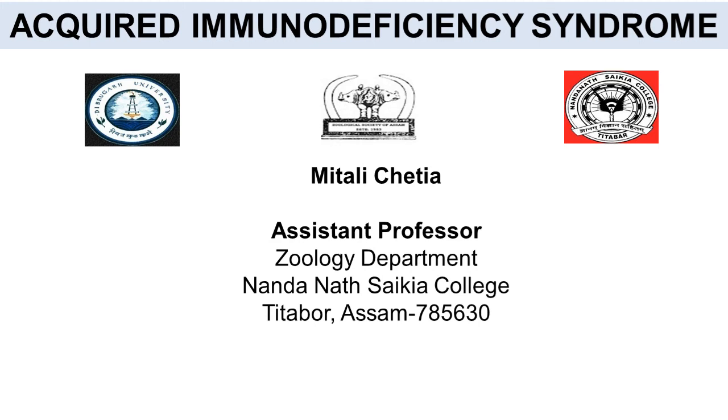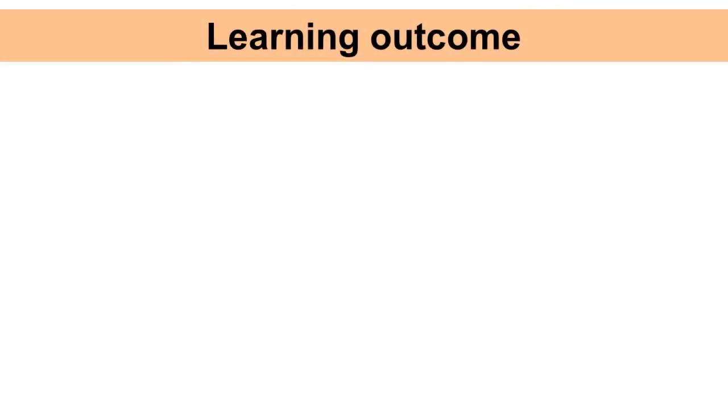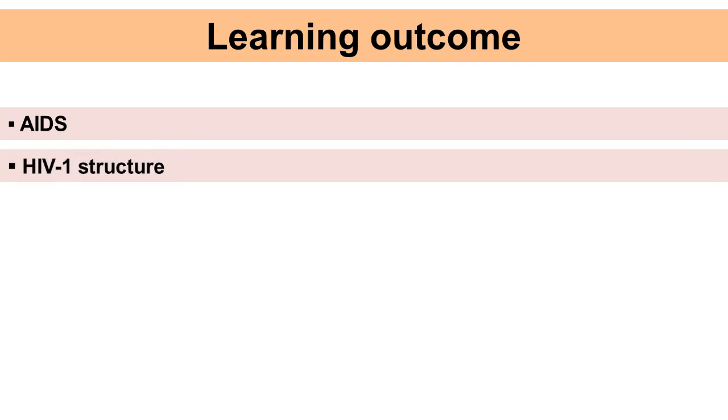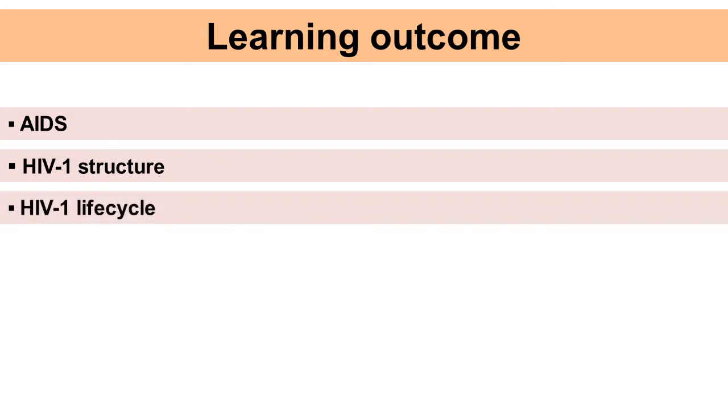This presentation is on acquired immunodeficiency syndrome, commonly known as AIDS. This presentation shall address the following things: the meaning of the term AIDS, the cross-sectional structure of the causative agent human immunodeficiency virus 1, its general life cycle,